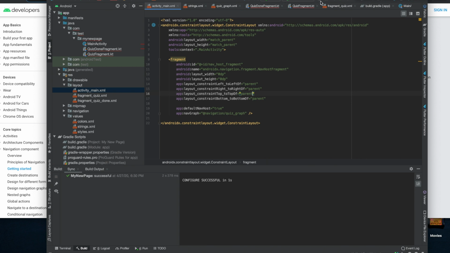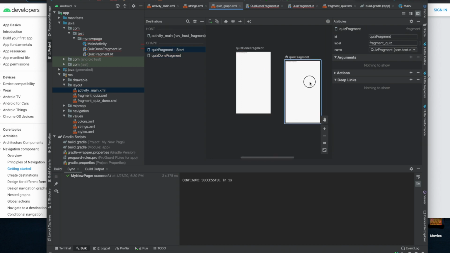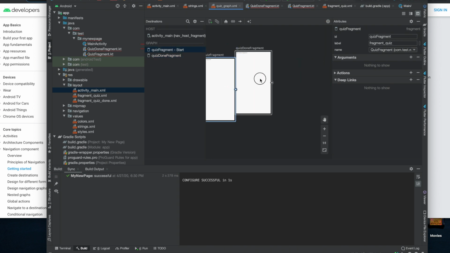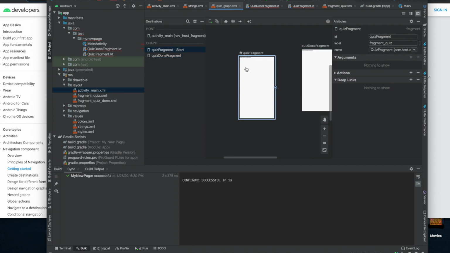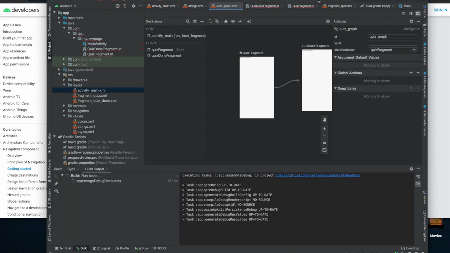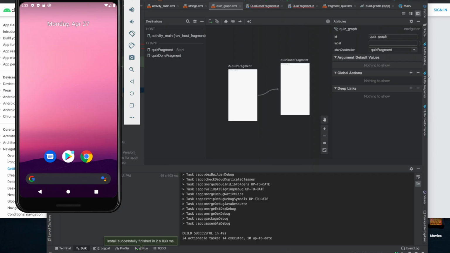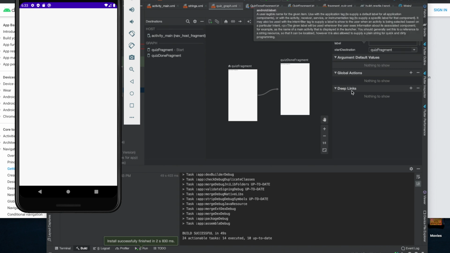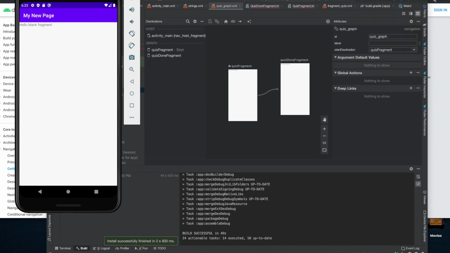So now it should run the, wait, let's make sure. So quiz fragment is the first one it will run. You see it's the home one. You could change them. But we'll also just draw a line to the quiz done fragment, which we don't really need in this video at all, but I'll show you. We'll just run it and see what it does. Alright, so now you see the blank fragment, which you can't tell because they both have the same thing,